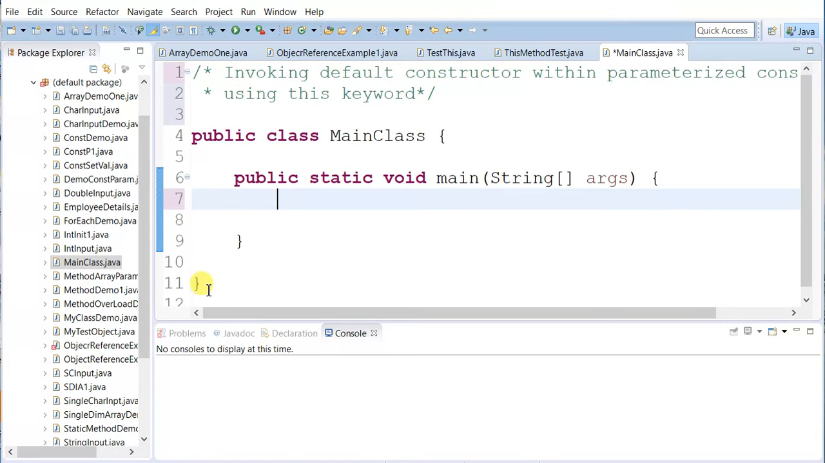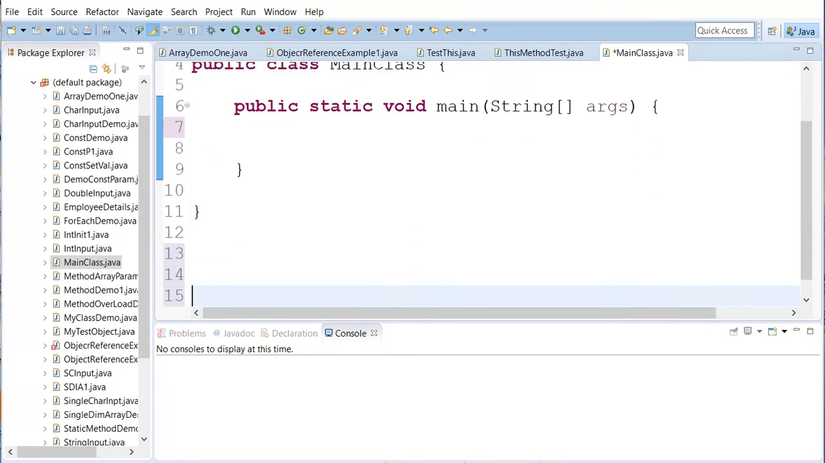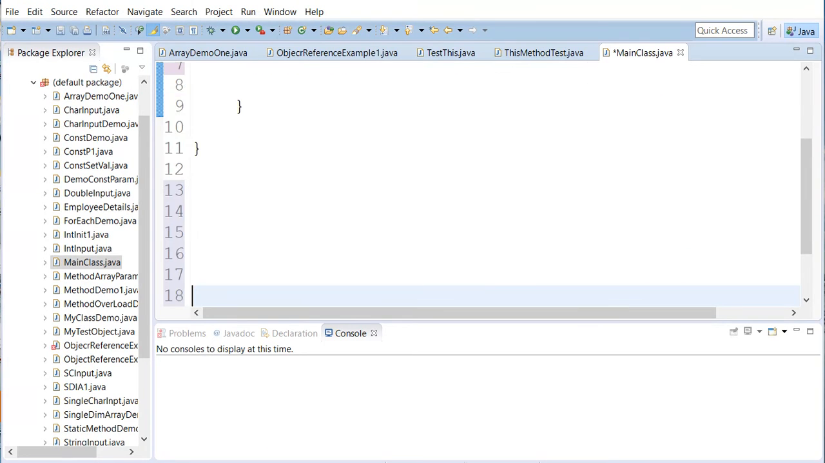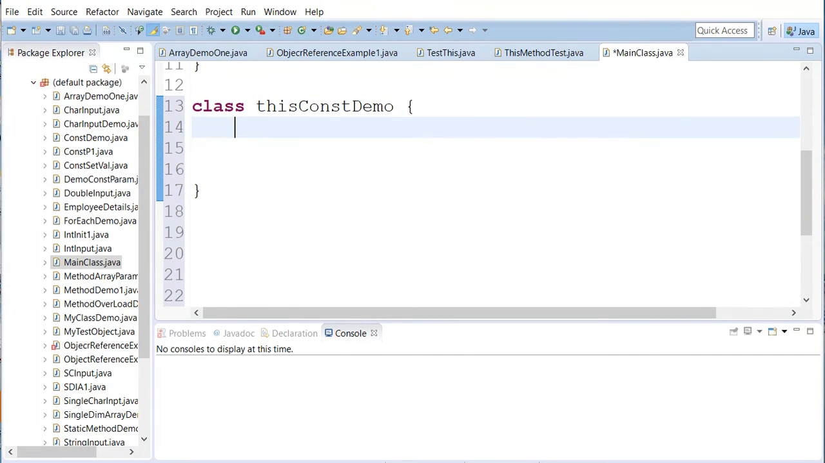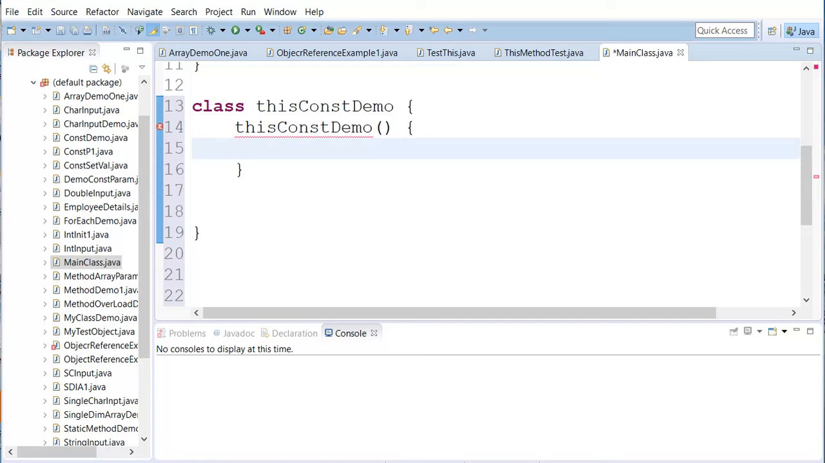Yes, and let us create one more independent class. One sec. So what's that class name? The class name was ConstDemo, which we discussed in the document. As per that, I am giving the class name over here. In this ConstDemo is a default constructor, and again